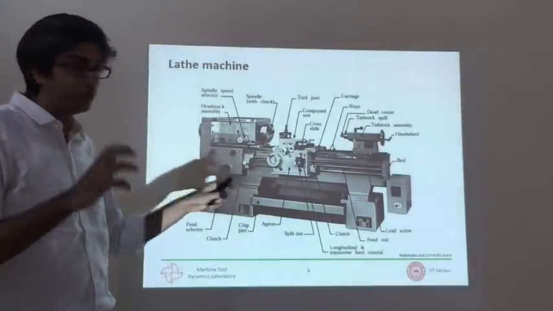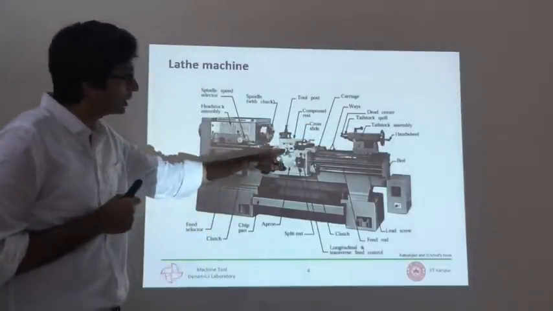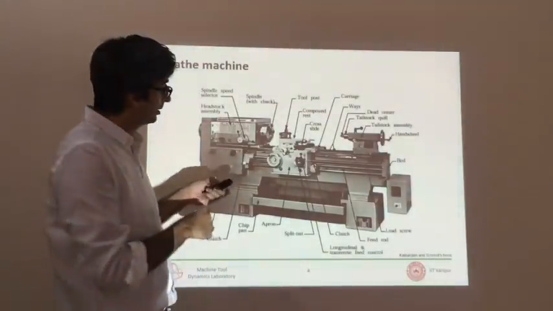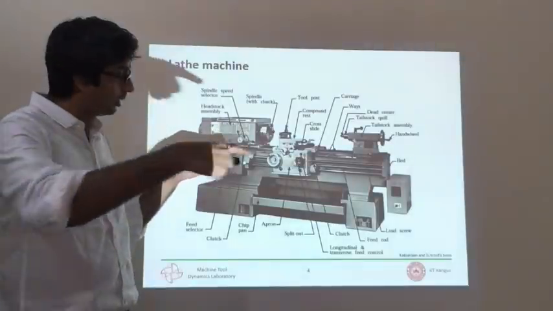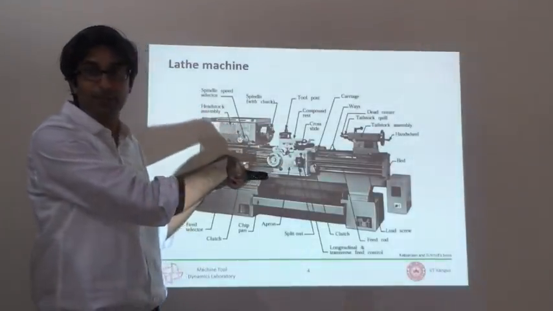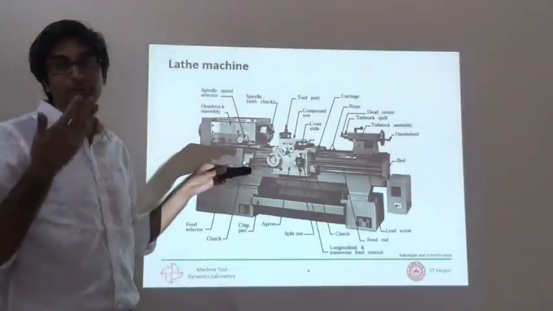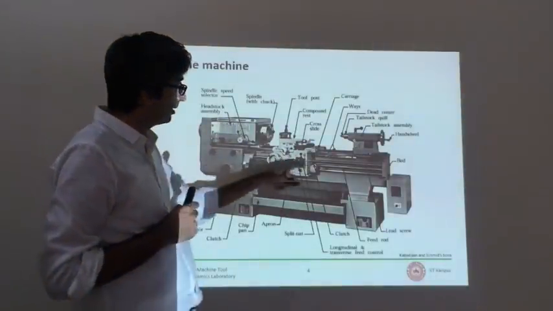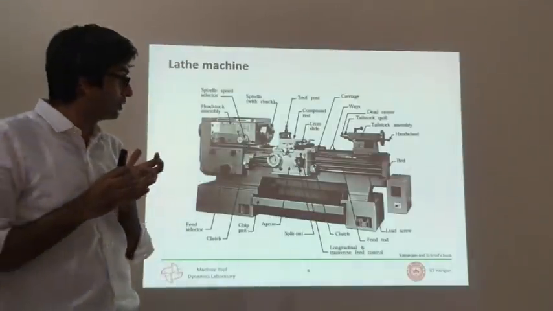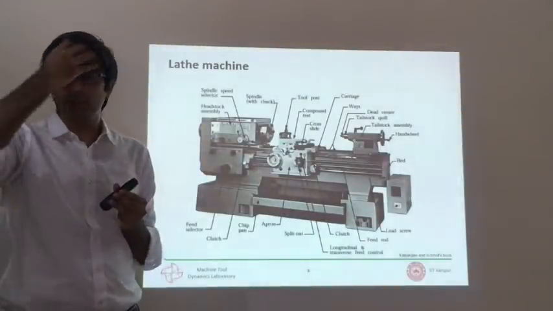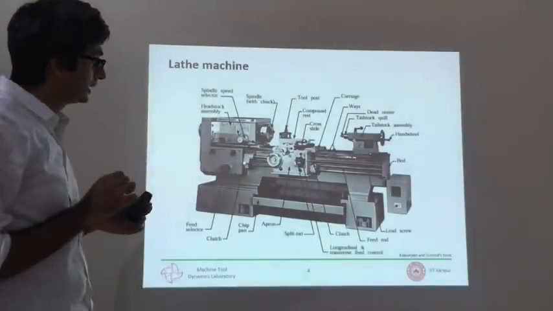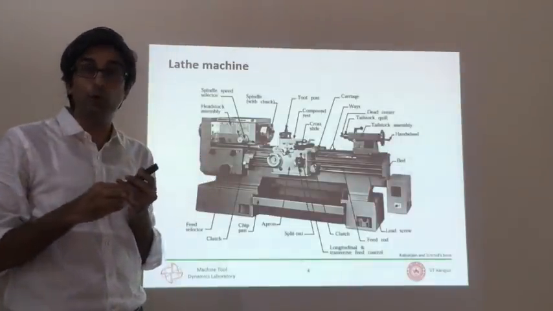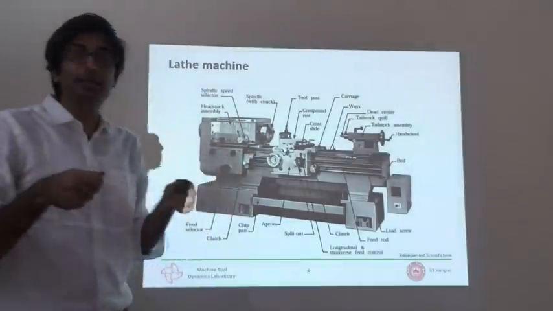Just before I go to the third aspect, which is the tailstock, it is also possible to simultaneously control both of these, again using your skill if you have that. So if I want, I can move the tool along the z as well as along the x. So I will get perhaps some kind of linear tapered motion in the plane, if that's what I so desire. That is possible, but that requires some serious skill, which is either practiced or learned through a lot of experimentation. If you had done this lab, you would have operated these machines and you would have seen how difficult it is to coordinate two independent axes simultaneously using your own hands.